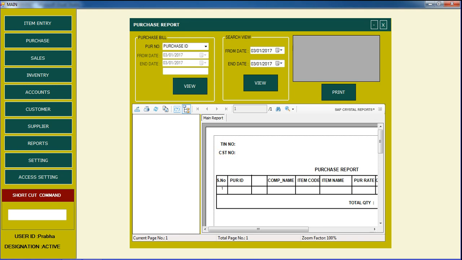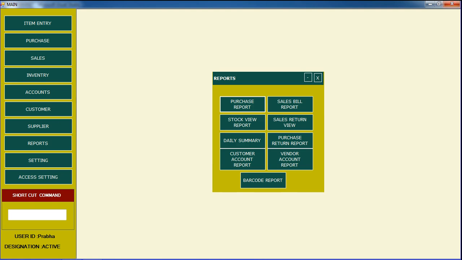So how is it done? I am going to tell only one thing here, the purchase report only. Now I am telling about the report, how to generate this report. In this I am going to tell about only one report.